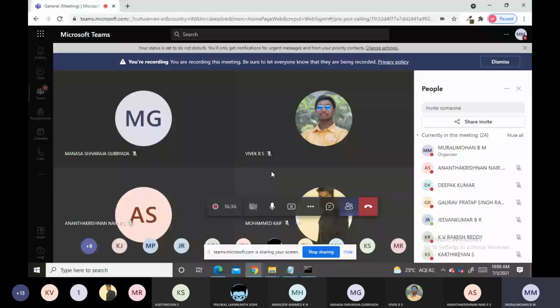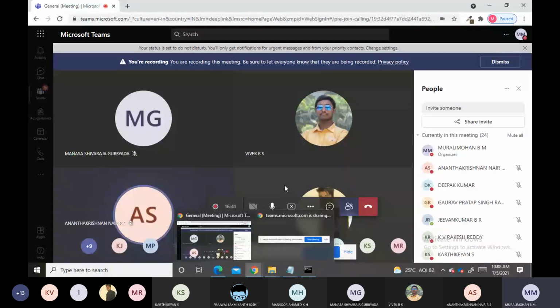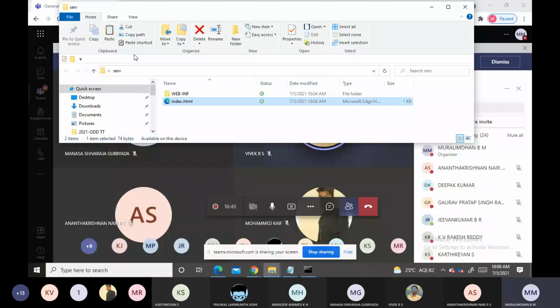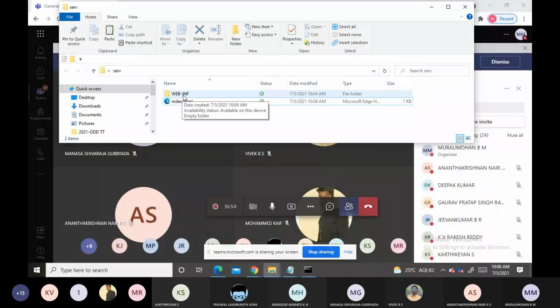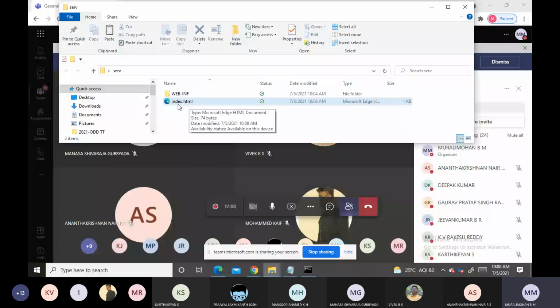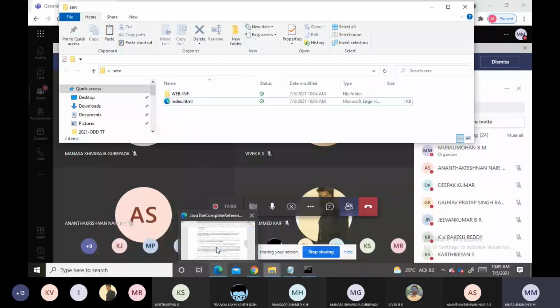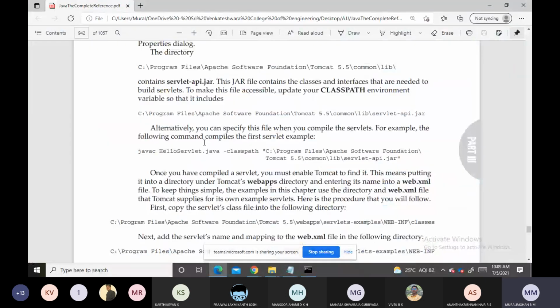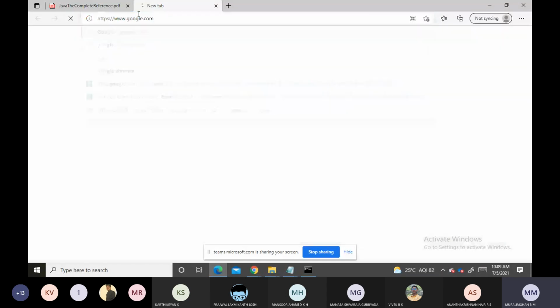Okay, we created one folder on the desktop. I named it serv. Inside that, I created one folder called WEB-INF, and the other one is index.html. I will just show you here the directory structure which is needed to execute servlets.